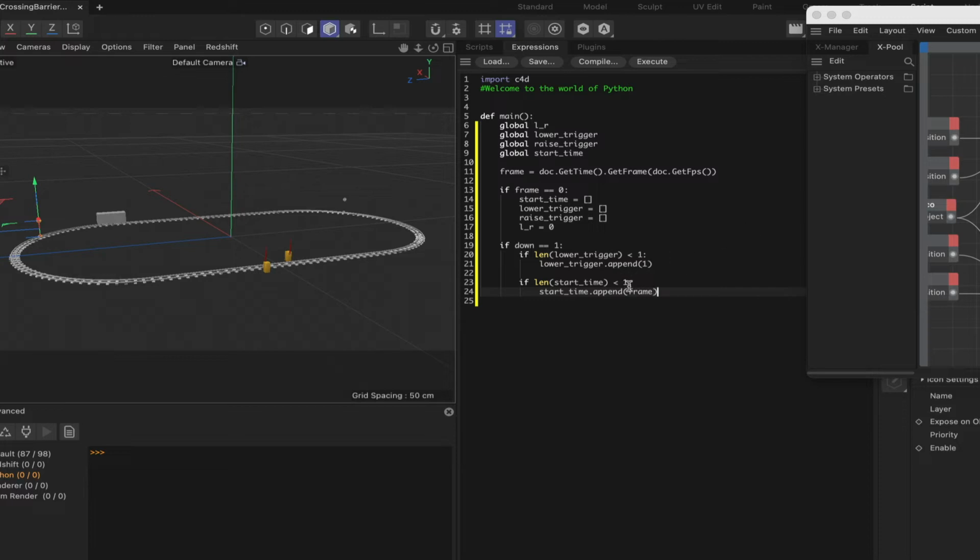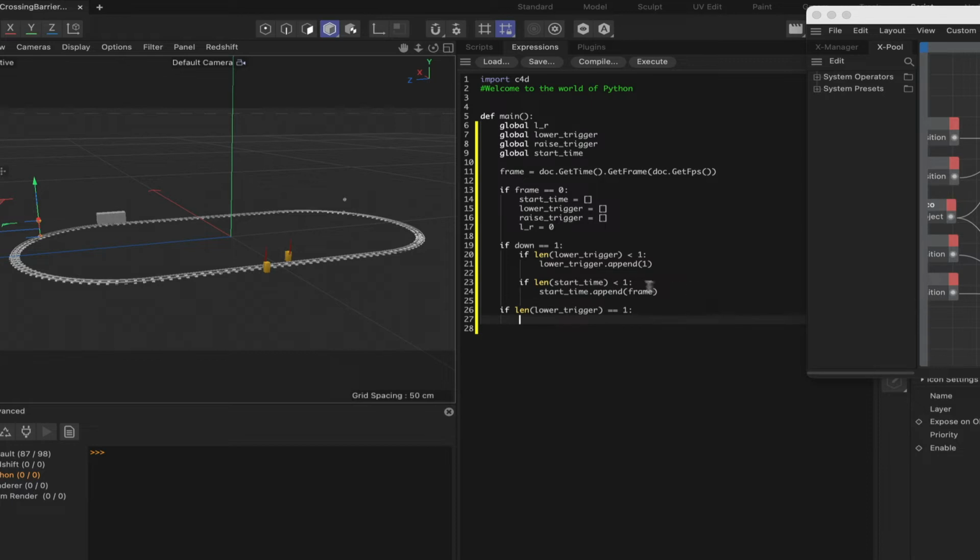So we want to get the current time. Moving on from here, we can say if len lower trigger is equal to 1,